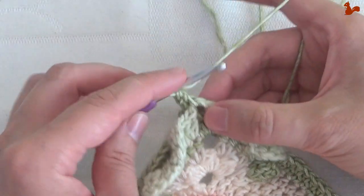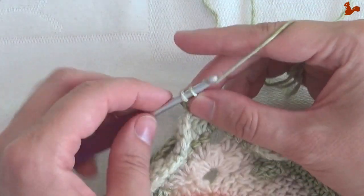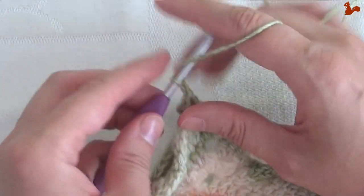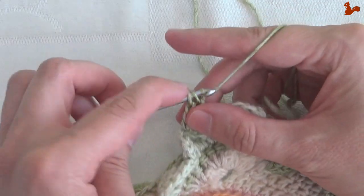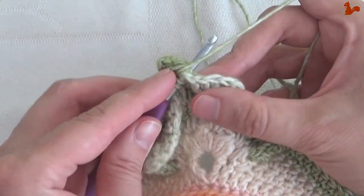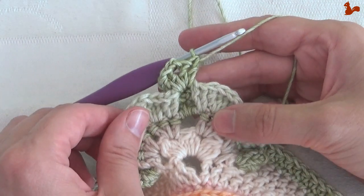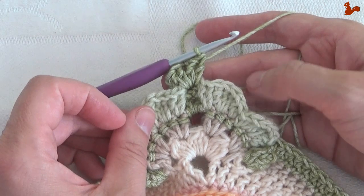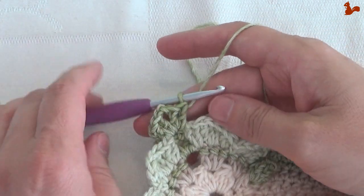So that's one treble. We're going to make 2 trebles. So again through all of those, through both loops, chain 2, which is your new corner, and then 2 more trebles in the same way. That's 1 and 2. So that's your corner made, and now you've secured your petals in at least one position to your square. Now on the straight edge,